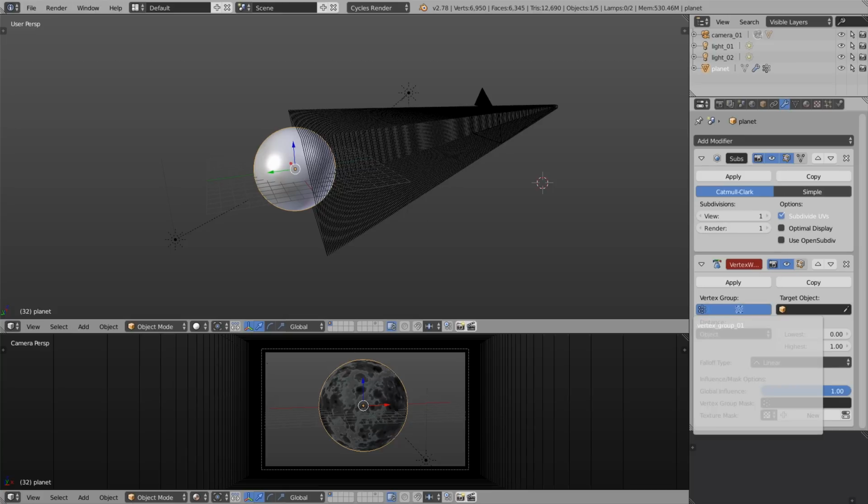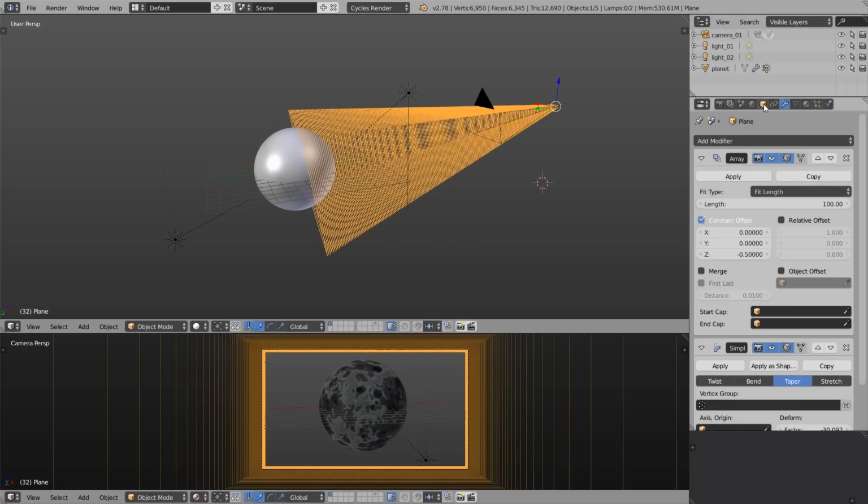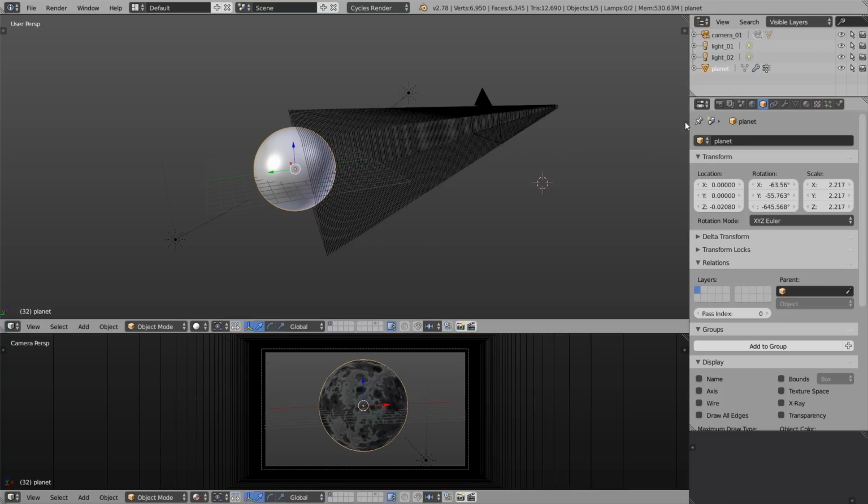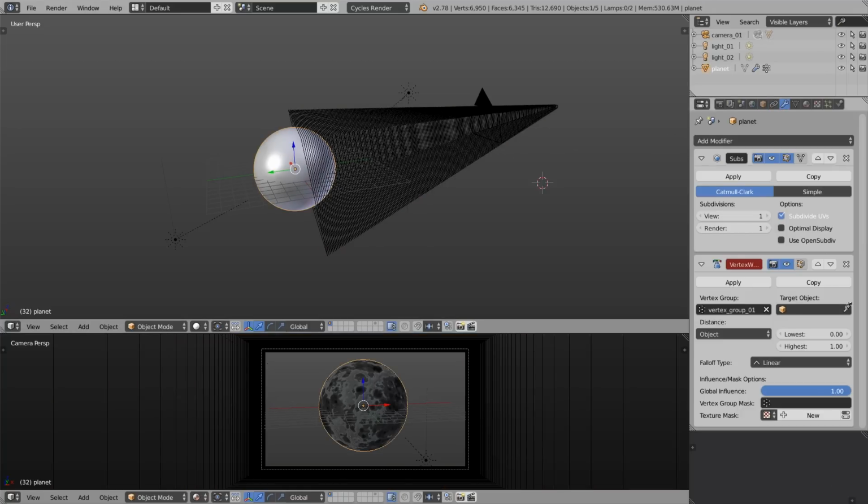And back to the modifiers tab in the vertex group drop-down menu, I'm selecting this vertex group _01. And to make it even more convenient, I'm going to select the array, go to the object tab and rename it. Right, fine. What I will do is select the planet, come over to the modifiers. Now click on this picker icon and pick the mask object. After that, we just have to set the distance to geometry. We can use vertices, edges or faces. I prefer to use faces. And let's set the lowest and the highest numbers to 1. Now if you come over to the weight paint mode,